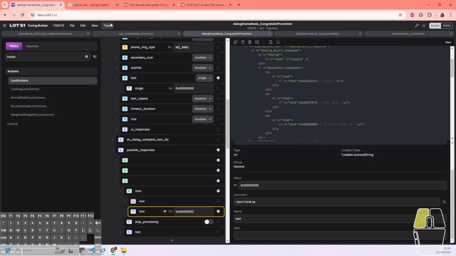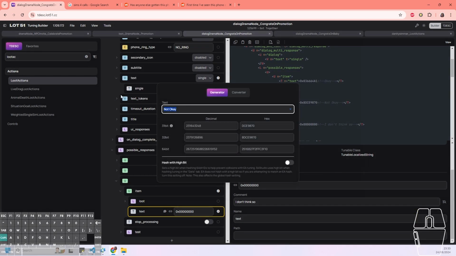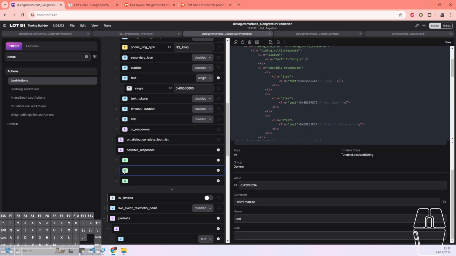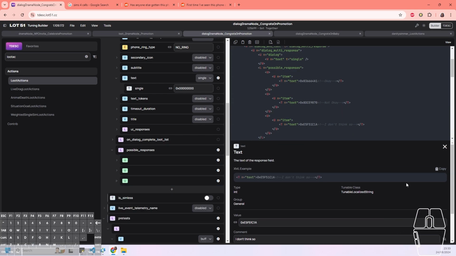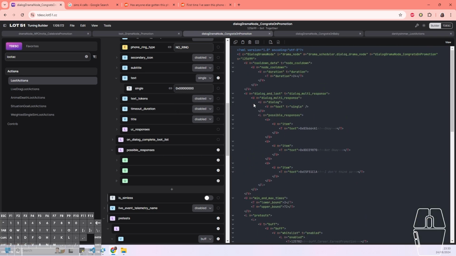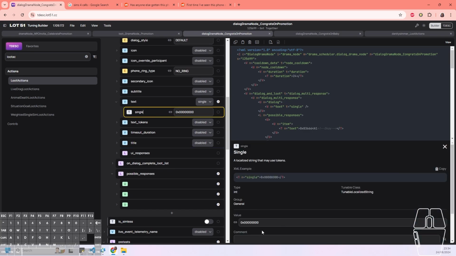No, okay, let's make our own. And then I don't think so. And then you get this, and then that is your string done. So those are the text messages, the responses, sorry, that your sim can give to whatever it is that you want it to write. Let's say, for example,